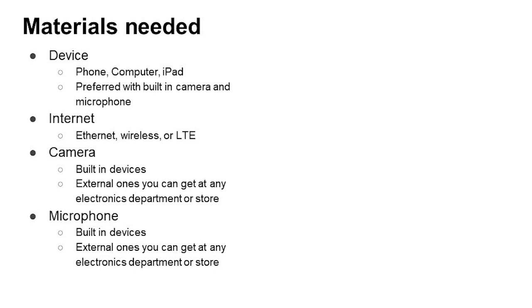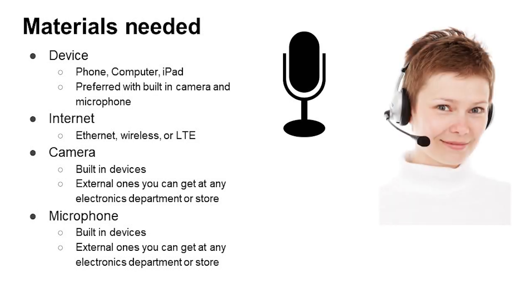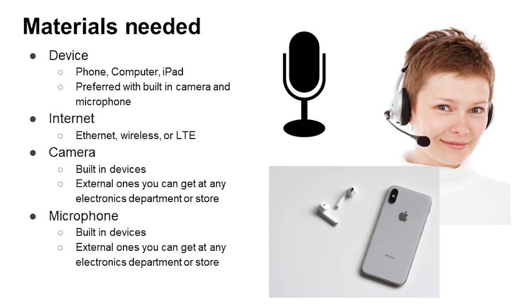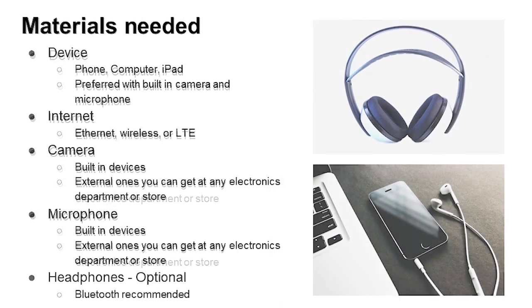Next, you will need a microphone. Again, these are often already built in on many of your devices, and the icon typically looks like this. If your device does not have a microphone, you can get one at any electronics store or through Amazon. I'd recommend a headphone and microphone set for easy use. You can even use earbuds that you would use to talk on the phone. Many webcams also have a camera and microphone built into them, so you do not have to get two separate devices if you do not want to.